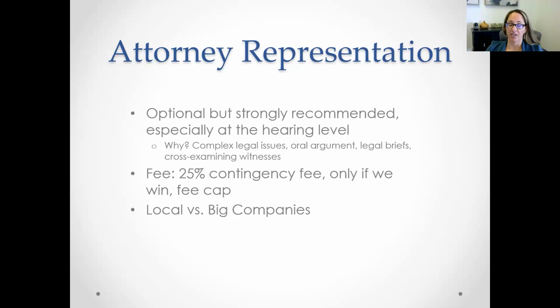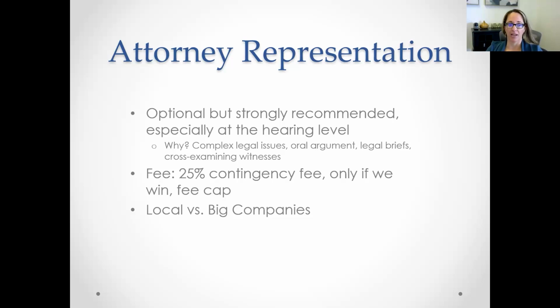So attorney representation, it's optional. You can go through this whole process by yourself without an attorney. However, and I know I'm a lawyer, so I'm biased, but I strongly recommend you do, because frankly, there are thousands of pages of rules and regulations that govern these benefits. I know I've sort of narrowed it down to a 1-hour presentation today, but I have been doing this for almost 15 years, and it is still surprising. There's new things that come up every day. So it's a vast area of law, and things change constantly. Obviously, then at hearing, there's just certain skills that include brief writing, oral arguments, cross-examining witnesses, that kind of thing that come up.